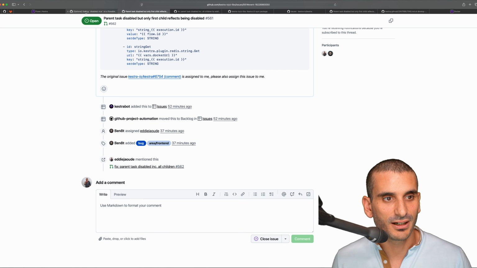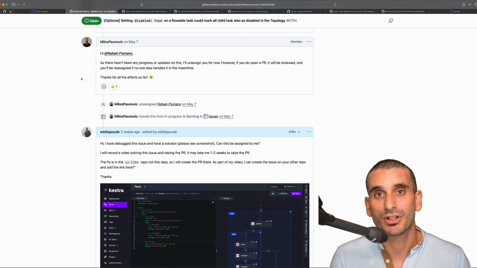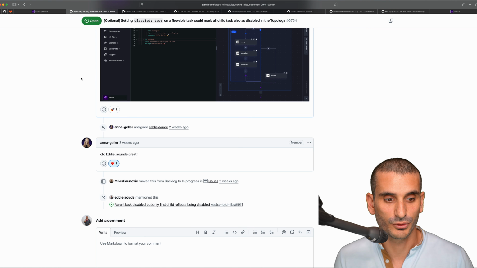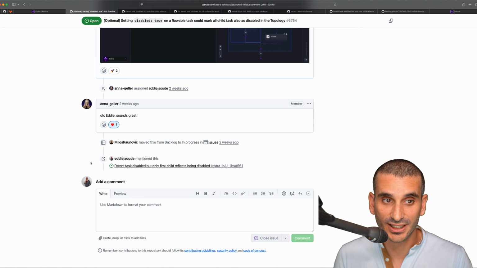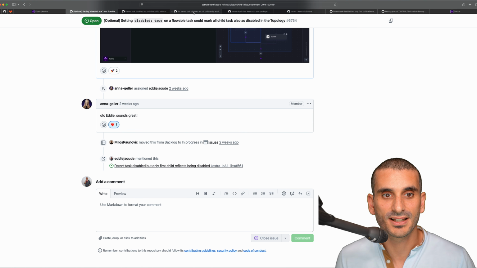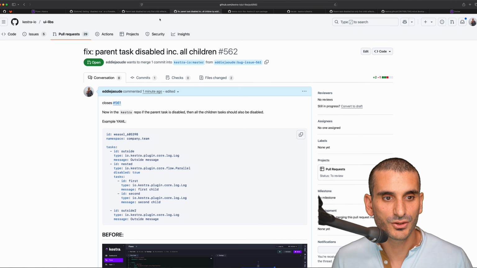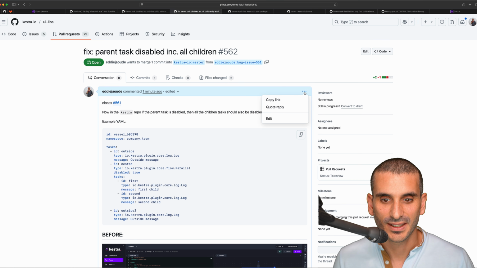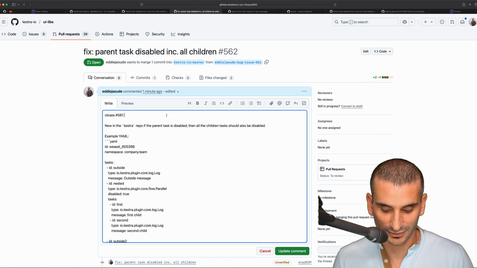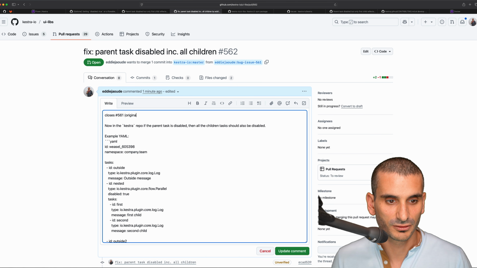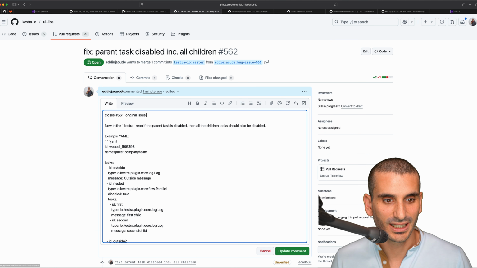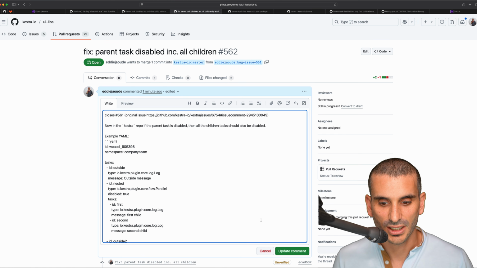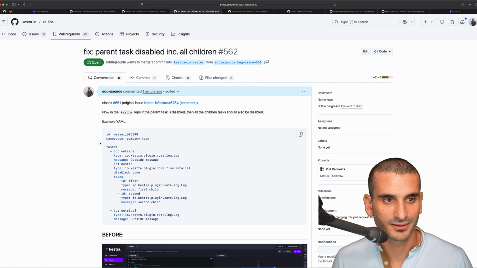But another thing to think about is the original issue is on a different repo in this example. And the issue has been linked because I put a link to this issue in it, but the pull request doesn't link to it. So what I might do is edit this again and also say original issue. And I'm going to grab that original issue link and put it here. And GitHub will shorten it. If you do the preview, you'll see it shortened. But then that way, if I hit update,